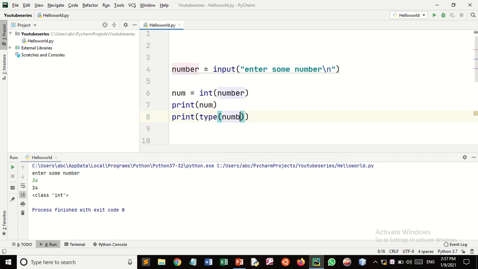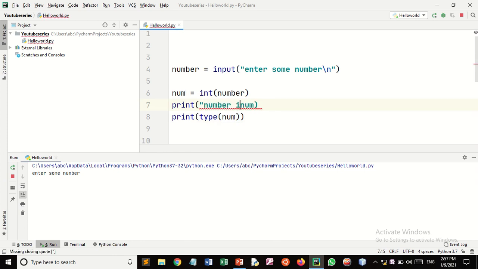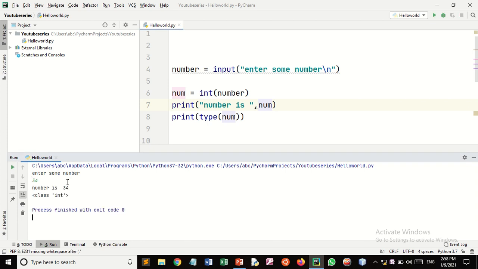Now change it here, number is, a little bit of change here. Okay, now run it. So here you can see the number is 34 and its data type is integer, right? So this is the second way how we can convert a string to integer.